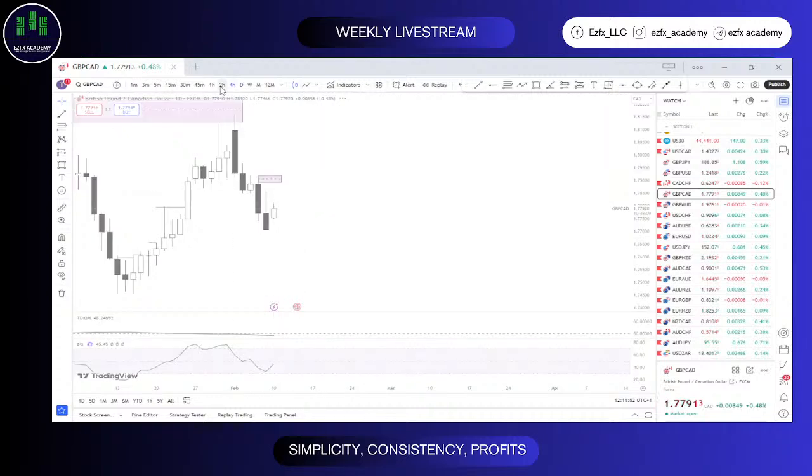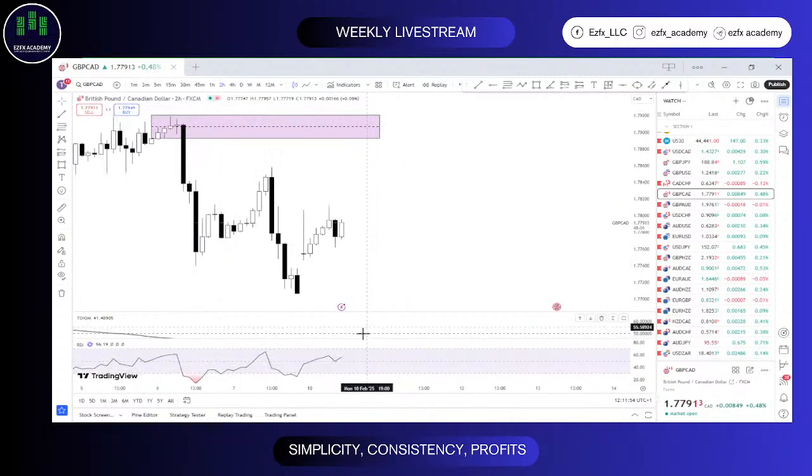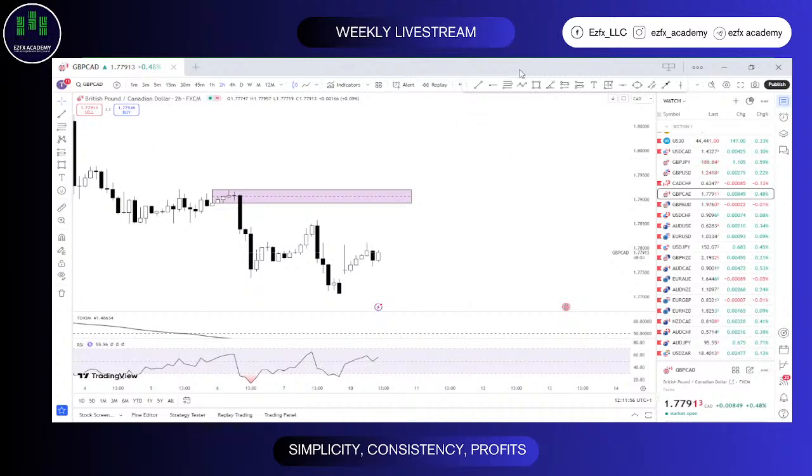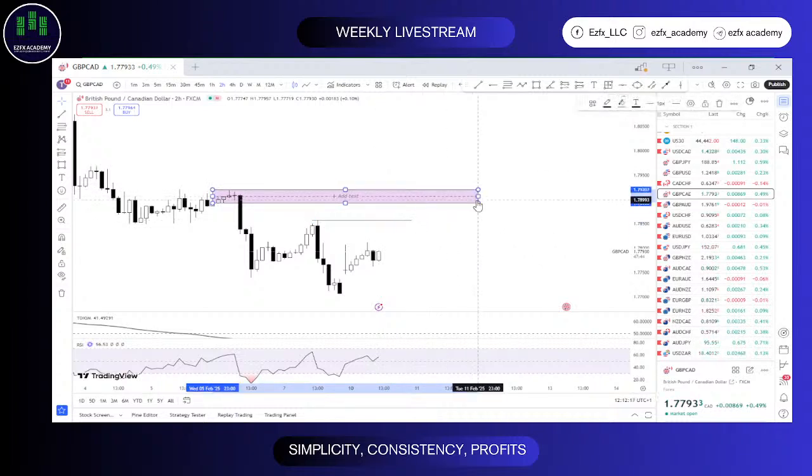So let me go down to the lower time frame, maybe the 2-hour time frame for this. I think I'm going to work with this for the meantime. I think this is similar to what we just saw on GU. So let me make that as clear as possible. This is what I'm watching out for currently on GBP CAD, the buy to sell also.